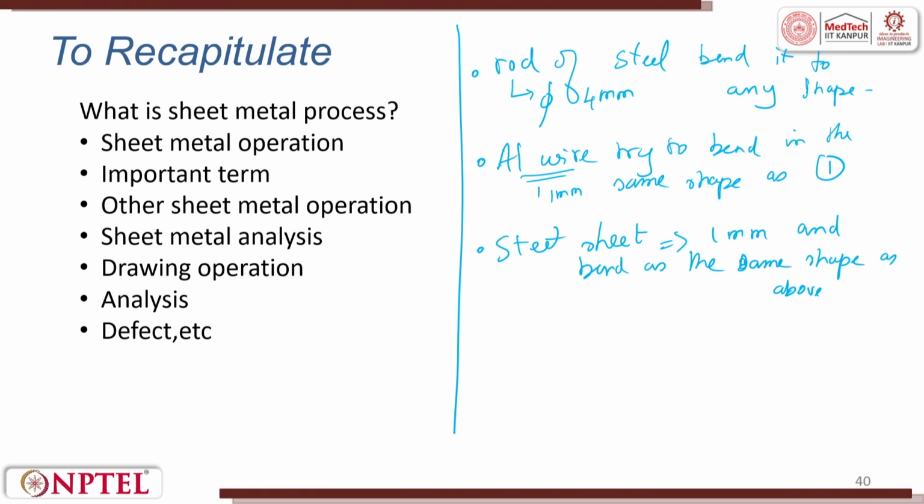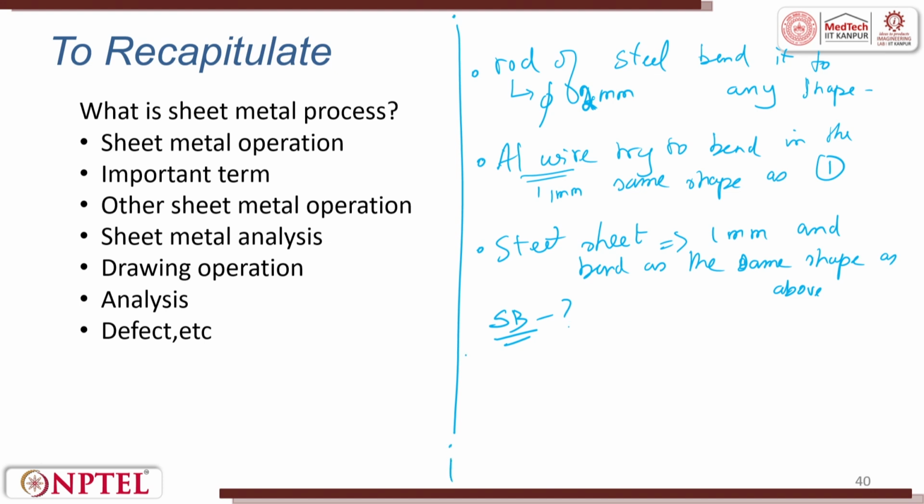So, you will note down and do the experiment for all three: sheet bending, wire bending, rod bending, and then mark the profiles. If you find this too heavy, you can take 2 millimeter, bend it into a shape and then leave it. Record the spring back for all these 3 materials. Now, look at the mechanical properties and see if there is any relationship with respect to the bending you have done. Here what we are interested in is spring back, to find out what spring back is.